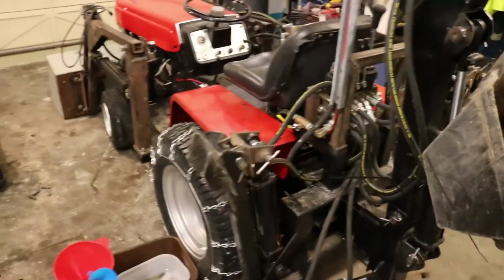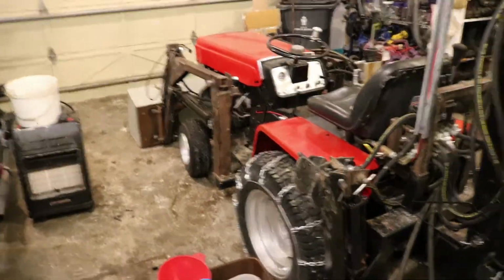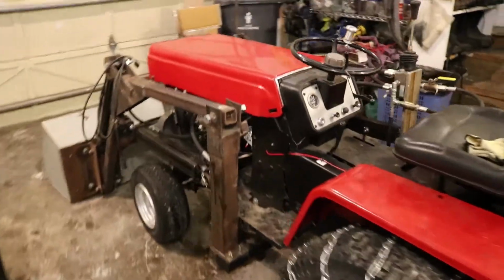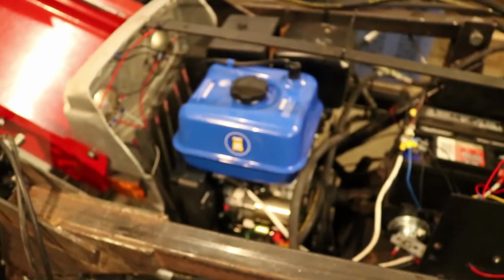So we got her to a point where she runs great. I had to replace the engine. This tractor is an MTD 990. I believe it was built in '75, but I got tired of having engine problems, so I got, in Canada we have Princess Auto, it's your Harbor Freight, and I got this